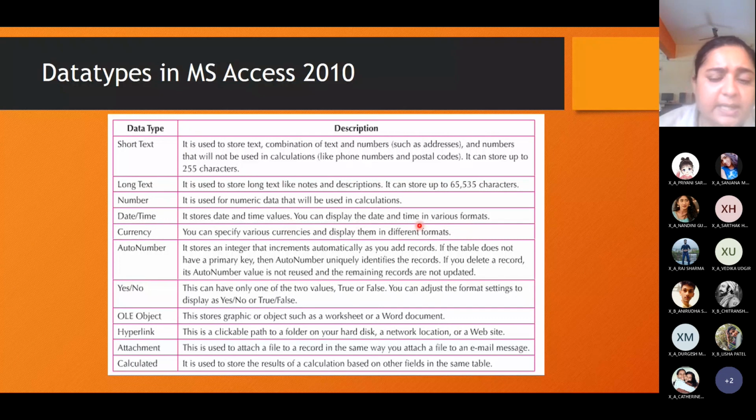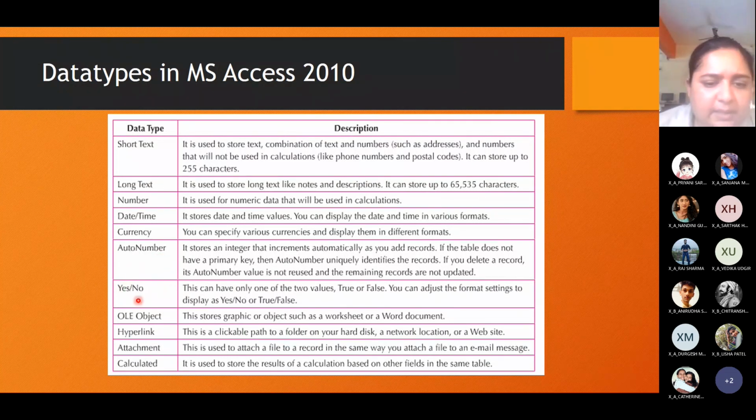You can display date and time in various formats: long date, short date, medium date. Currency, you can specify various currencies and display them in different formats. There is an auto number or auto value field also in both Access and in Base, which is used to insert a field which will automatically generate numbers, and that I will explain tomorrow.